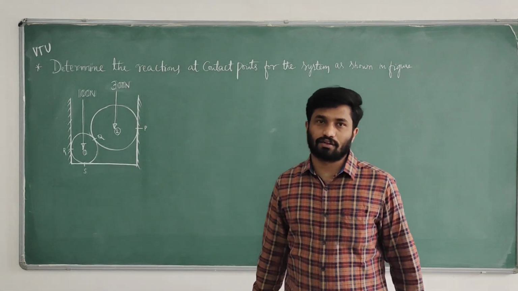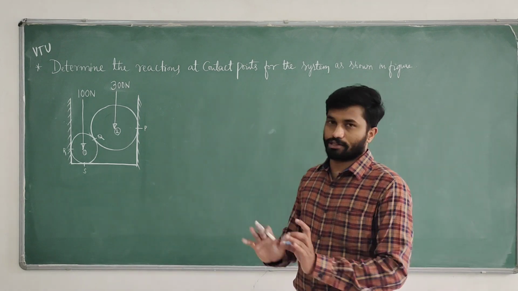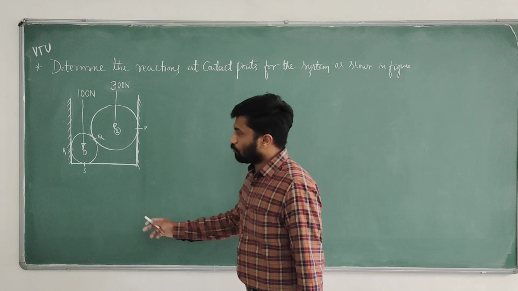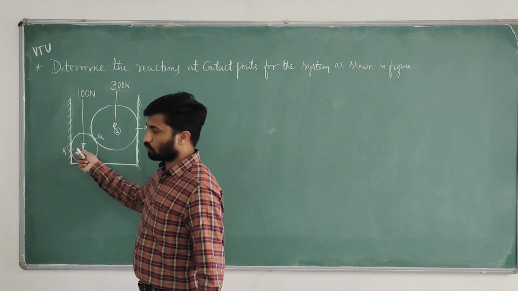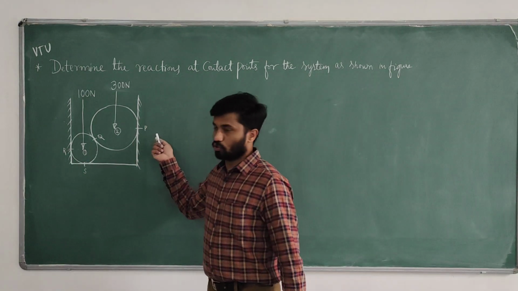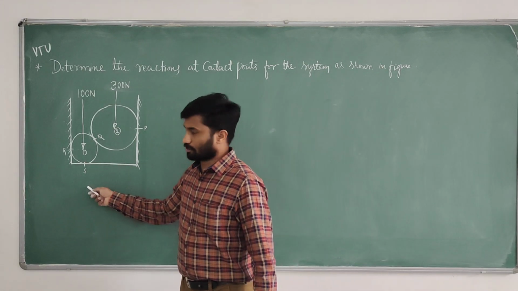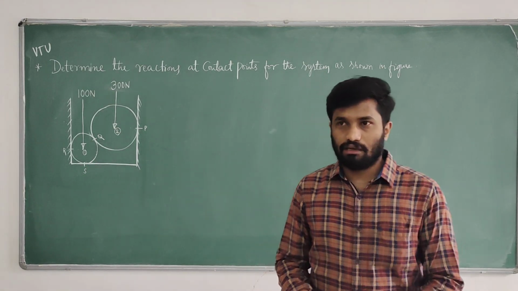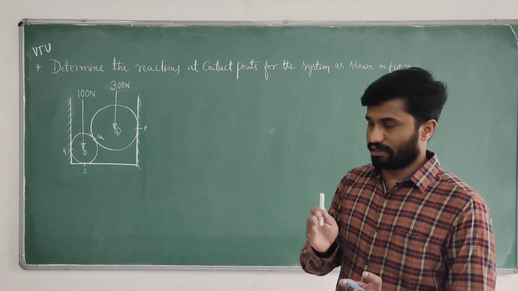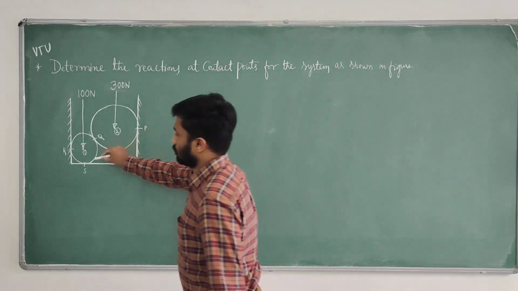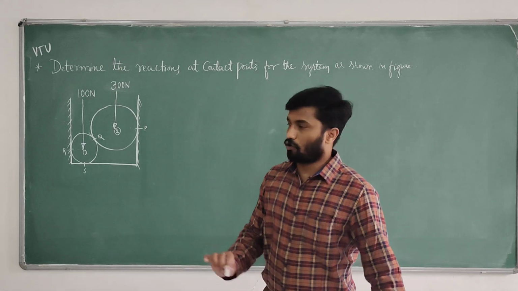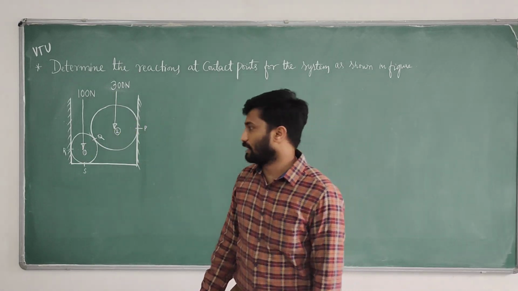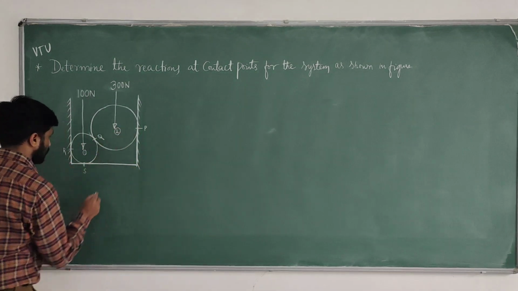Out of 4 contact surfaces, how many are vertical, how many horizontal and how many inclined? R is purely horizontal, P is also purely horizontal, S is purely vertical, and Q is inclined. So out of 4, 3 are pure, which means 2 are horizontal and 1 is vertical. For the inclined one we have to determine the angle. How to determine the angle of inclination? For this, take sphere 1 and 2.